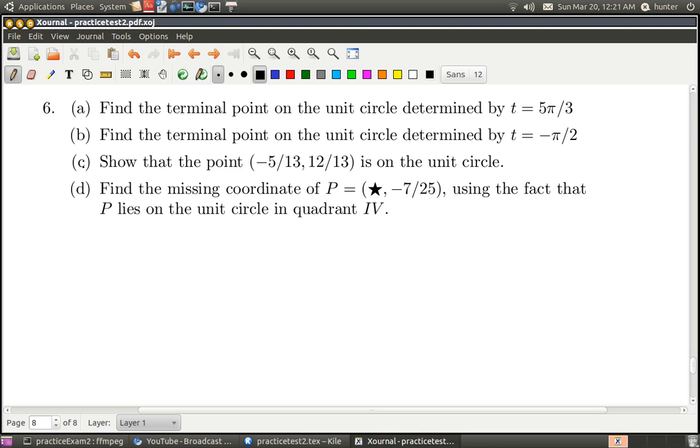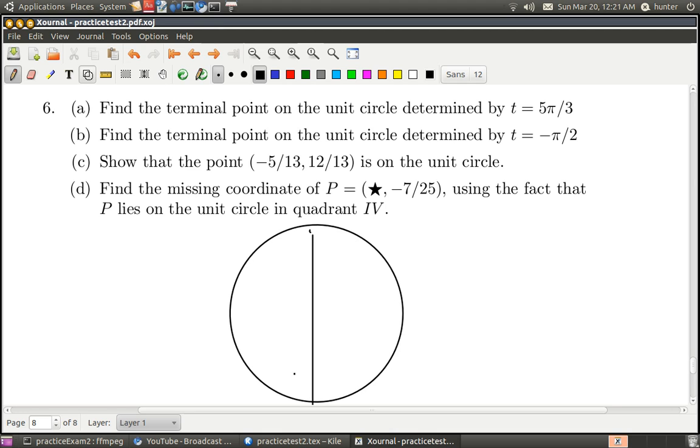So we're talking about the unit circle, so let me draw a picture of the unit circle. Alright, and maybe this thing will even help me draw some axes here. So y-axis, x-axis. Alright, so this is really just a question about practicing with radians. Okay, so radian is a measure of an angle, and